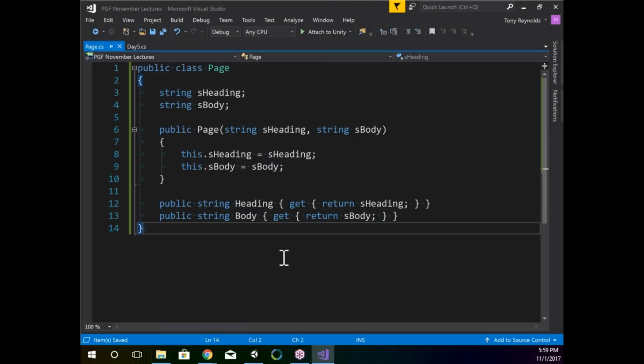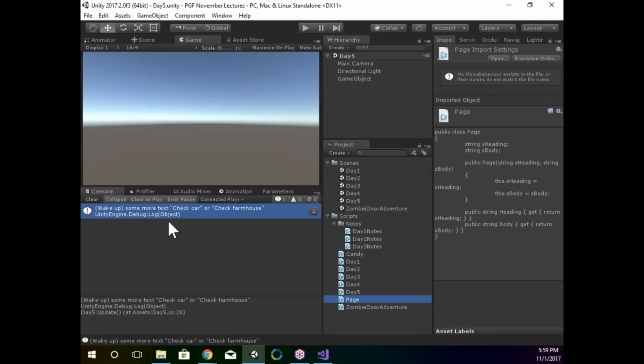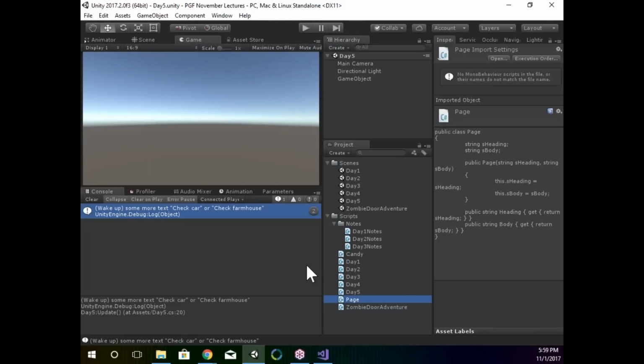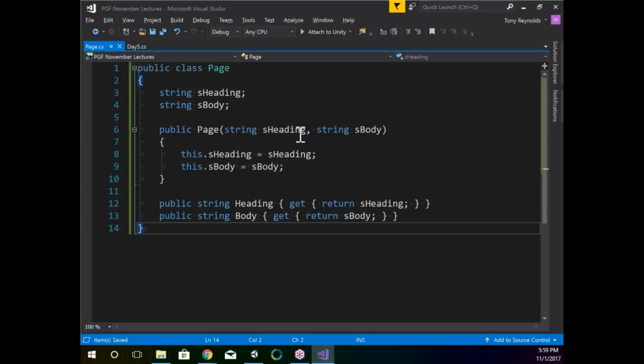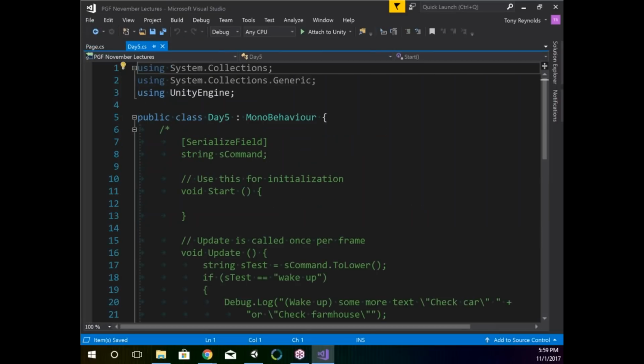Okay, so saving this file, and just real quick, jump back to Unity, allow it to do its compile, this spinning circle down here in the bottom right hand corner, just to make sure that Unity sees that everything's okay with this file, just in case I accidentally left off a semicolon somewhere or whatever. Okay, so now back in my code, if I jump over to my day 5,